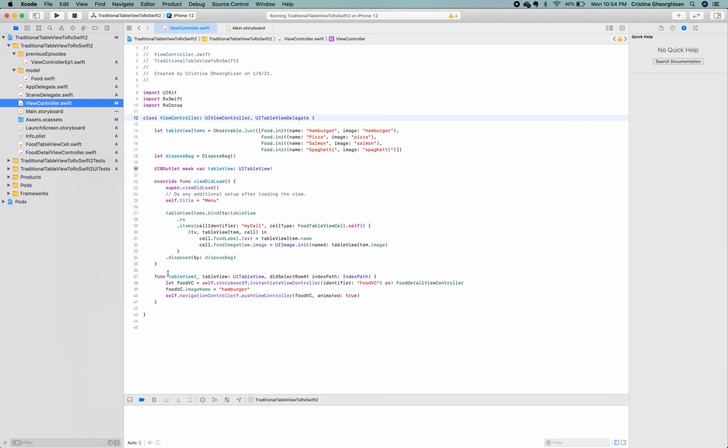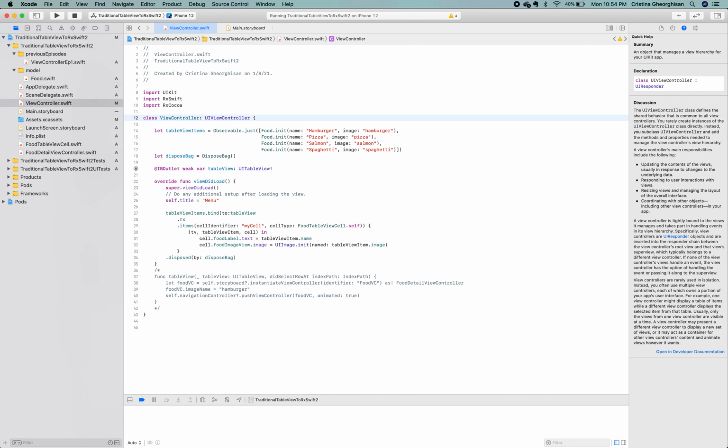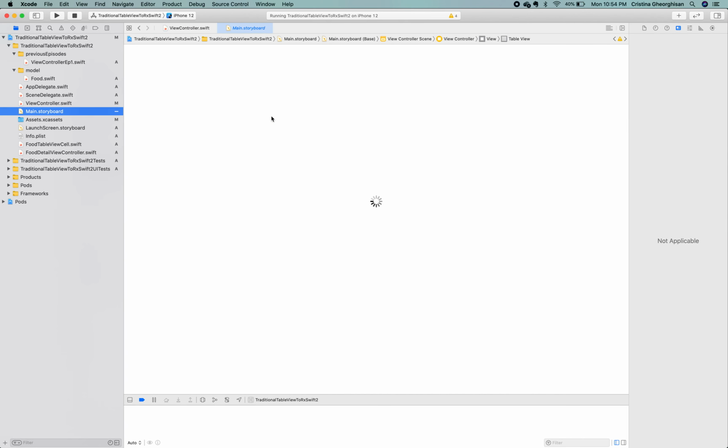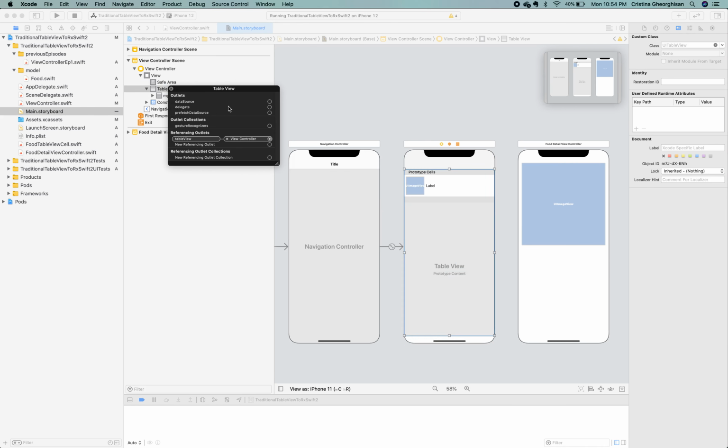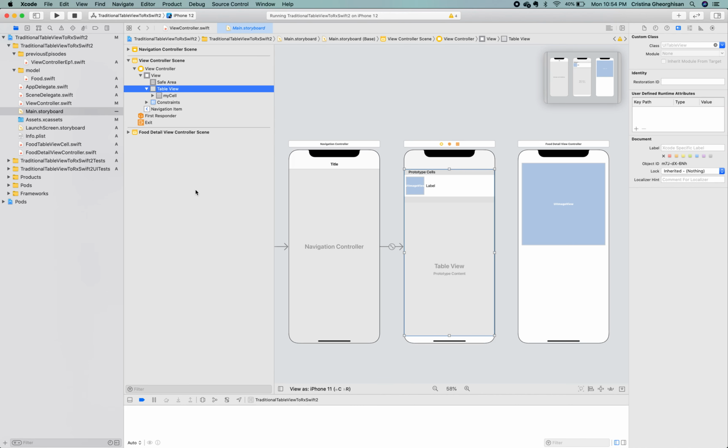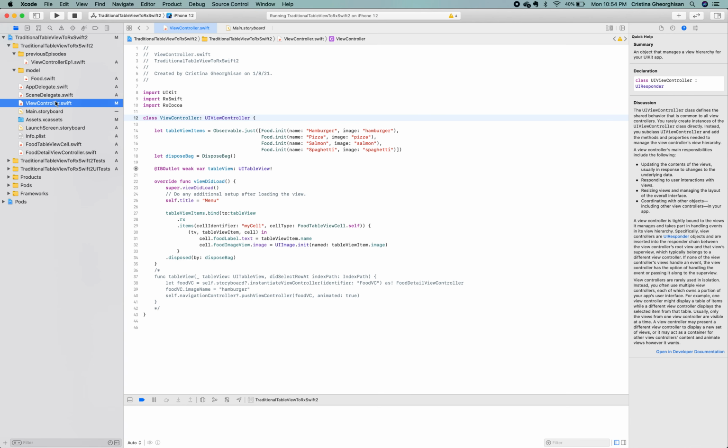So let's go ahead and comment it out. Then we delete the UITableViewDelegate, as RxSwift will take care of this. And also from the storyboard. Great! Now back to our view controller and let's do some reactive magic.